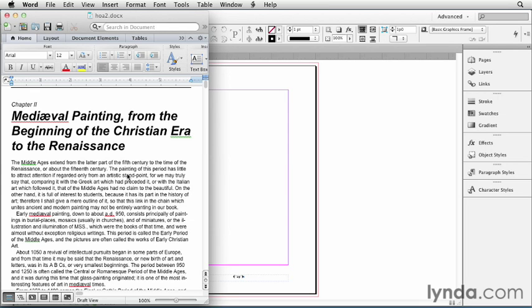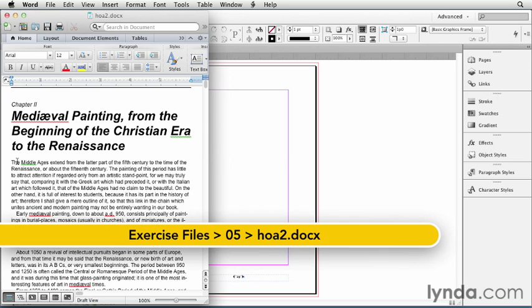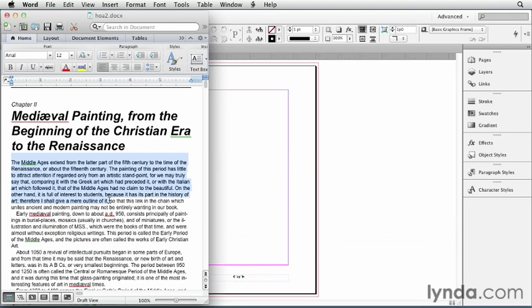Okay, you have a text file, such as this Word document, and you need to get it into InDesign. The easiest method is just to select some text and copy and paste it. And while this often works just fine, especially for small amounts of simple, unformatted text, I really don't recommend it